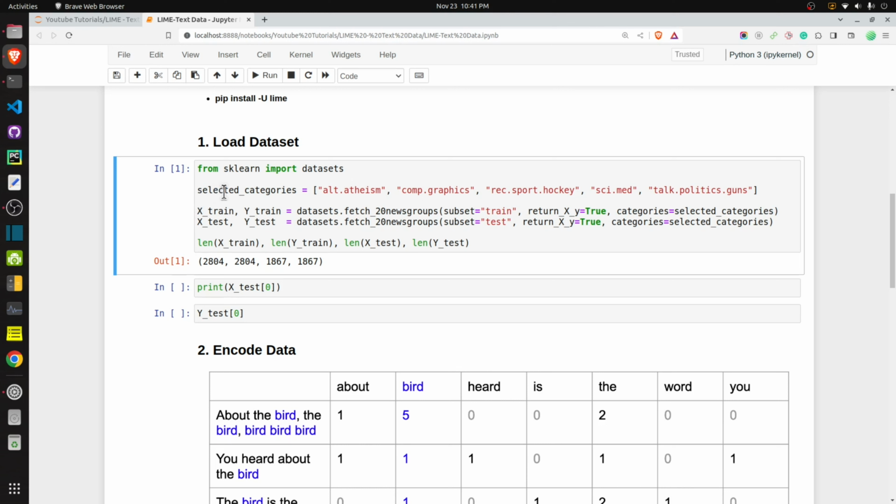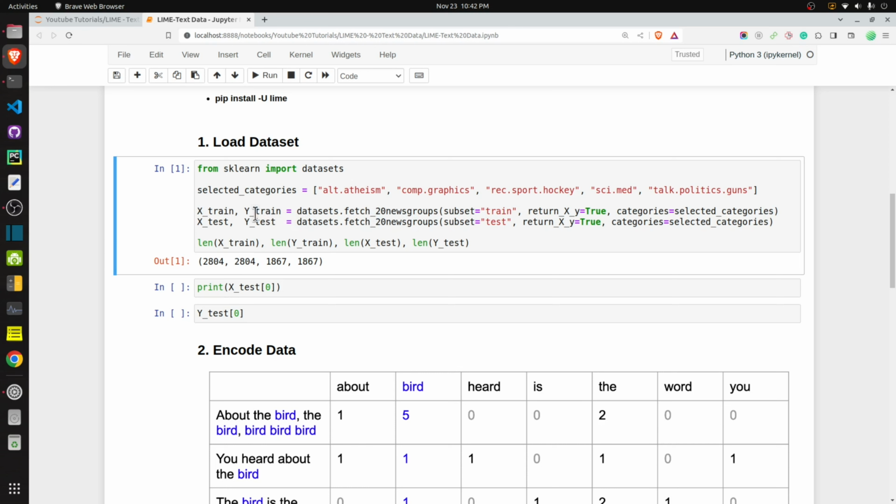But for this tutorial, I have decided to use only 5 categories: atheism, computer graphics, sports hockey, science medical, and politics guns. There are various categories in this dataset on religion, sports, computer graphics, politics, and so on. From that, I have selected 5 categories to keep this tutorial simple.